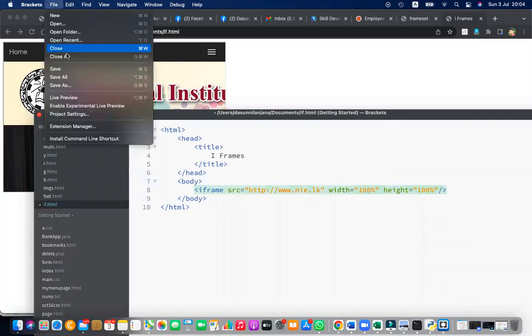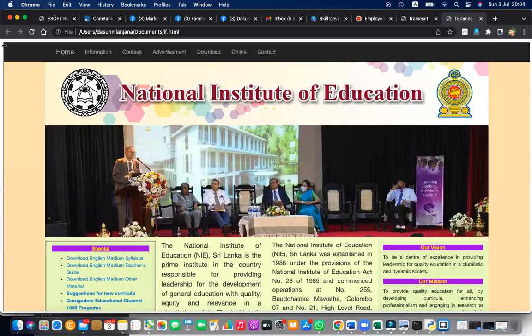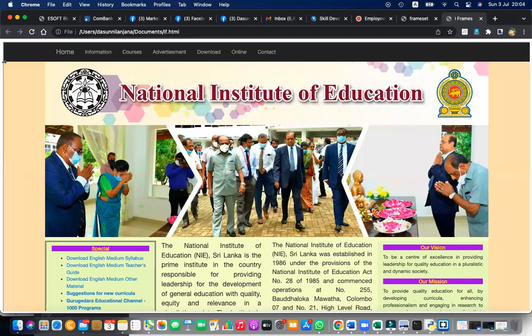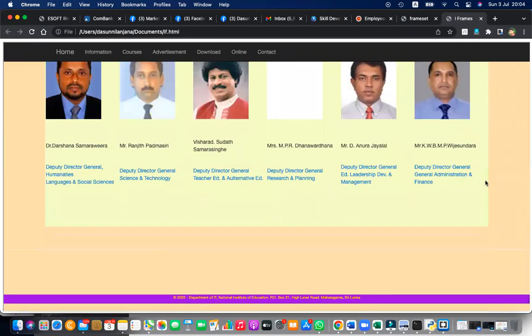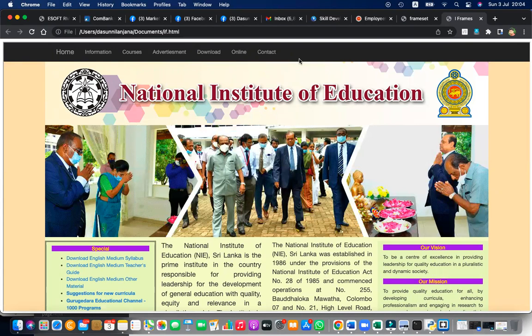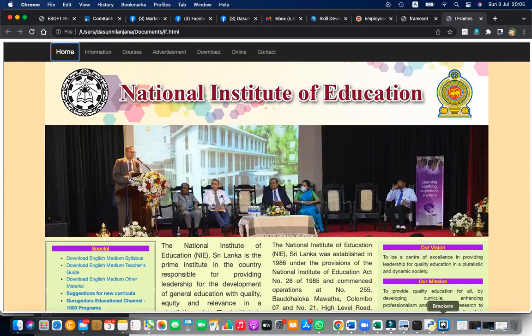Let me save, file save. This will also load the full page, you can see, but there is a border. You can just change it. You can scroll in option, you can ignore. Isolated frame also has the same inherited risk like Framesets. Therefore, it won't be allowed to embed